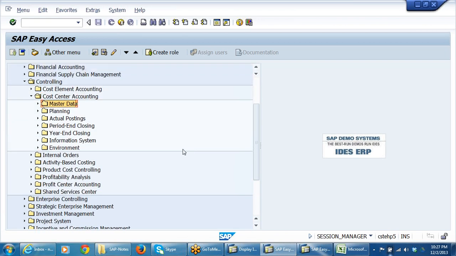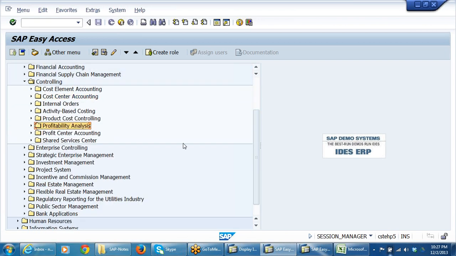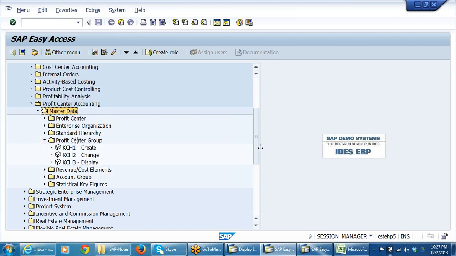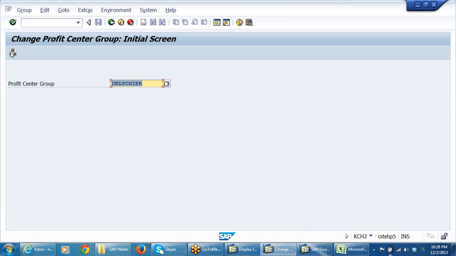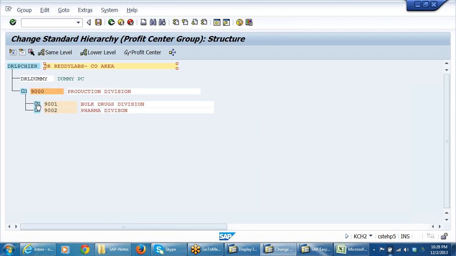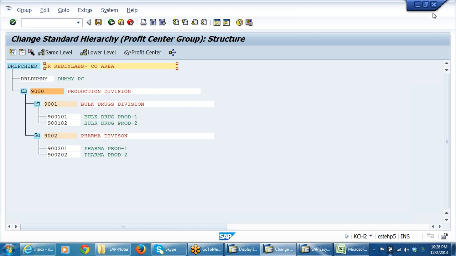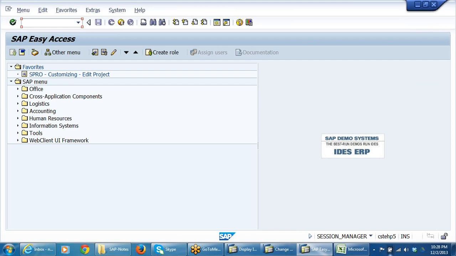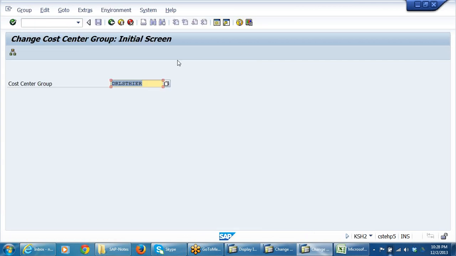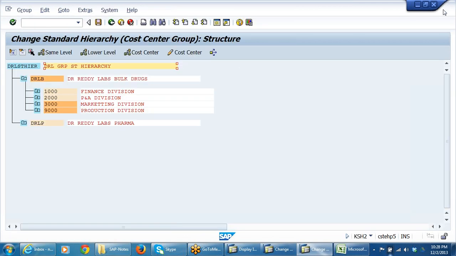Here I'll show you profit center accounting, master data, profit center group, right? Here KSH2, this is